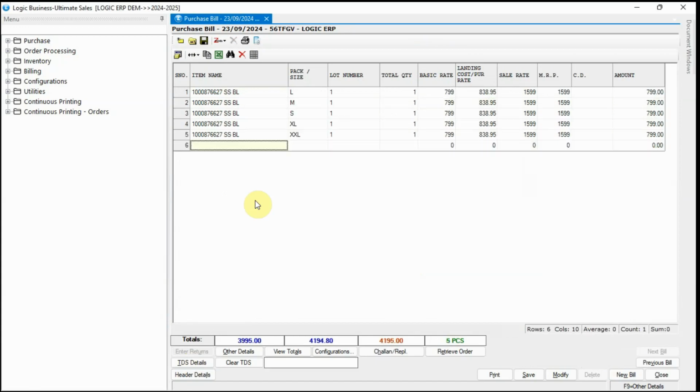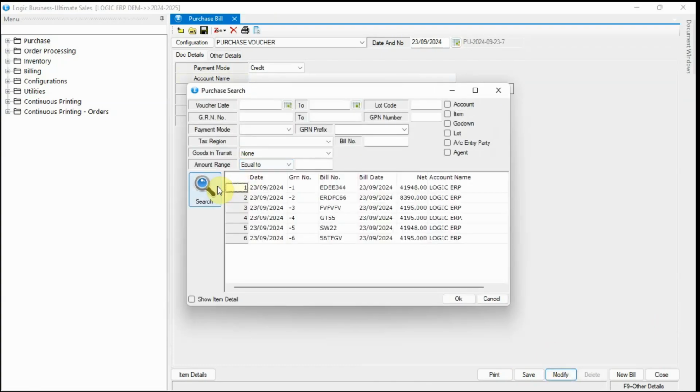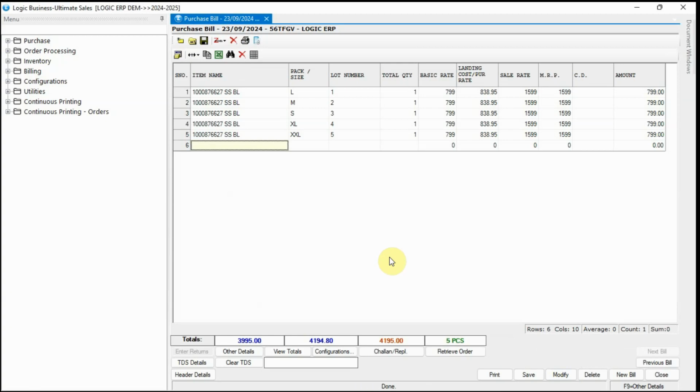We will proceed to input additional packs accordingly. Let's save this information and proceed. As observed, the lot numbers have been successfully generated and incremented for each item.